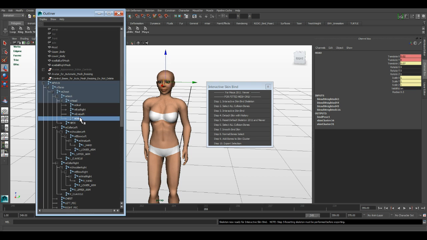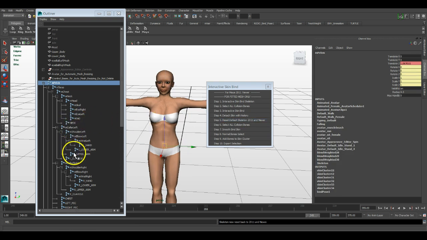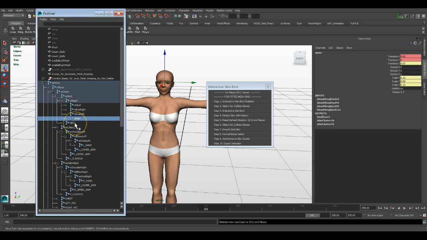So okay, let's go back to reset default skeleton to 2011 and newer. Okay, and then let's click on a collision bone. Okay, so here's the head collision bone. You notice how over here the scales are 0.11, 0.09, and 0.12. With the collision bone set to these scales, the capsule for interactive skin bind gets all messed up. It gets all distorted and all weird,